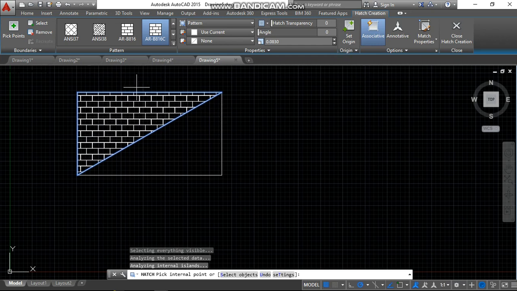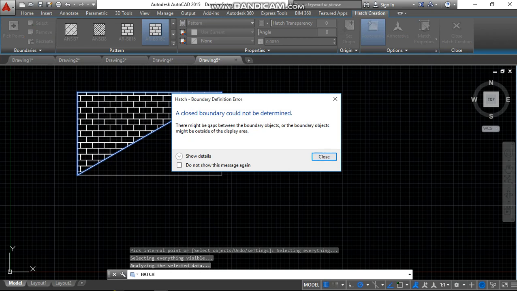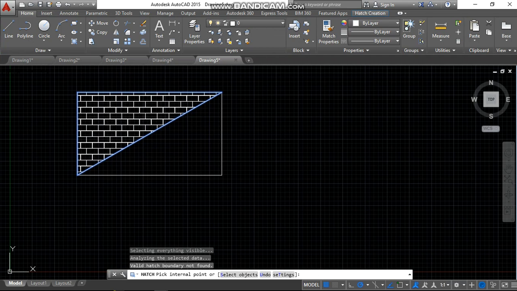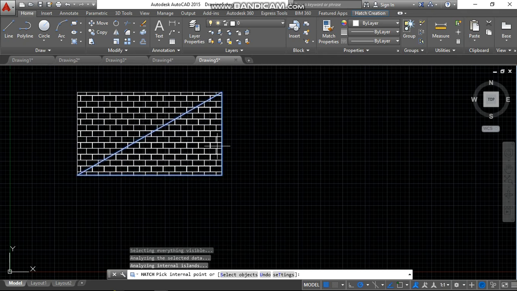Now let's pick another hatch command. I just press escape and then all this will show. Now let's move on to the home command. Let's pick hatch again. I'll just left click on the hatch command, and then this side also needs to be